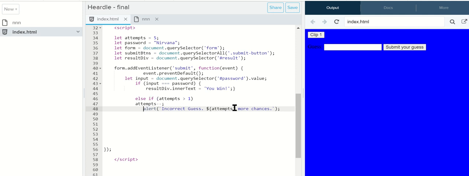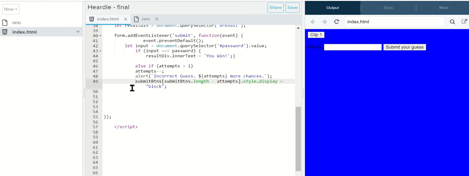And basically, the countdown is going to be reported here. So you do dollar sign, curly brackets, attempts. So it's going to count down from 5, 4, 3, 2, 1. And then